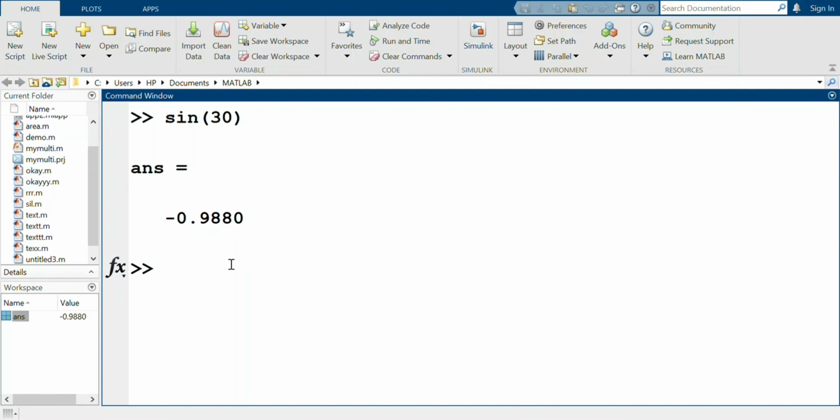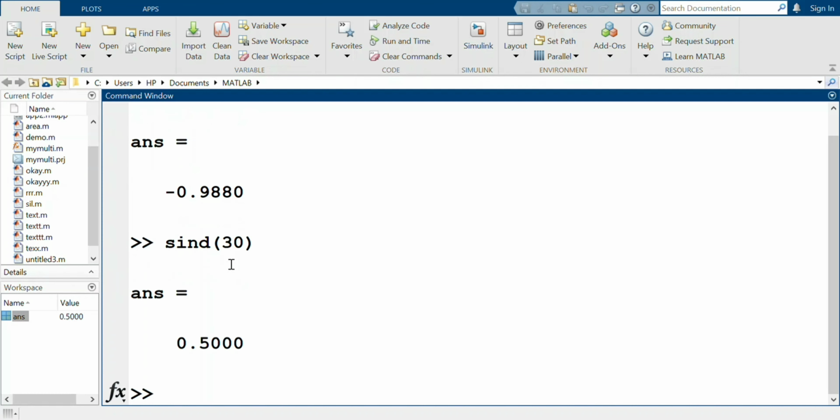So it's like this. Now this answer is in radians. Now, if you want the answer in degrees, you should tell MATLAB that you need the answer in degrees. So you'll write it like this. Sine d, which is sine in degrees, sine d 30, which is 0.5,